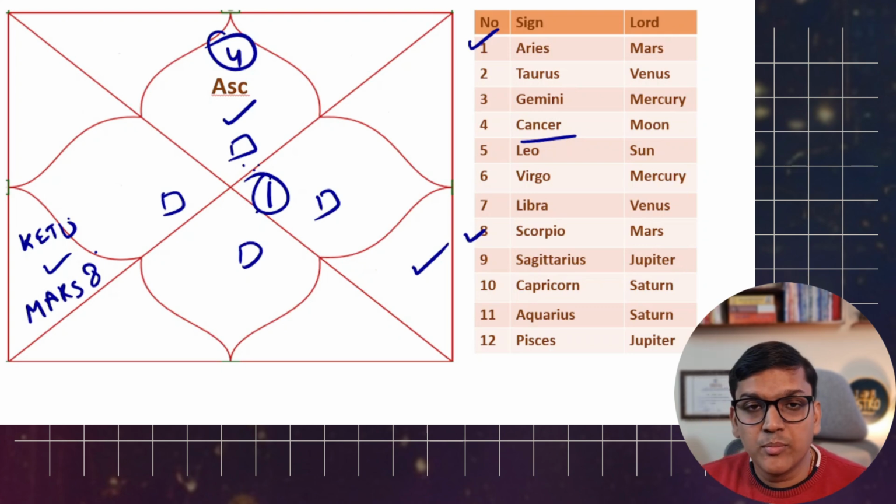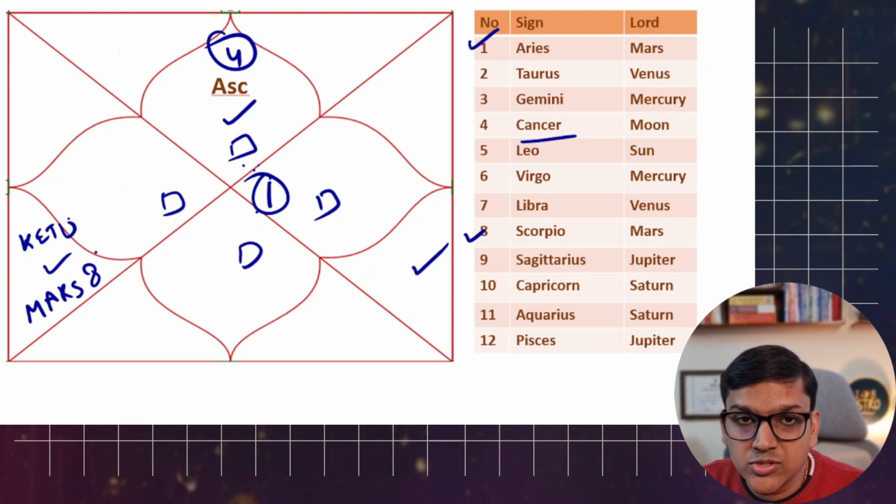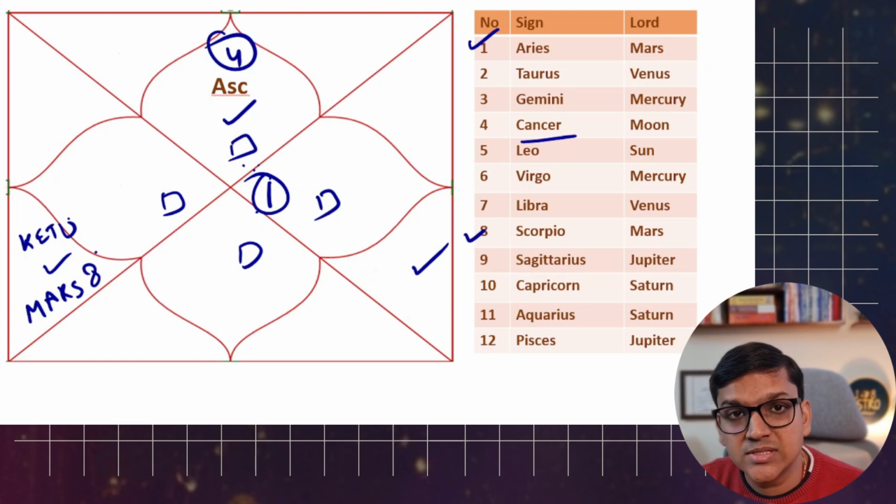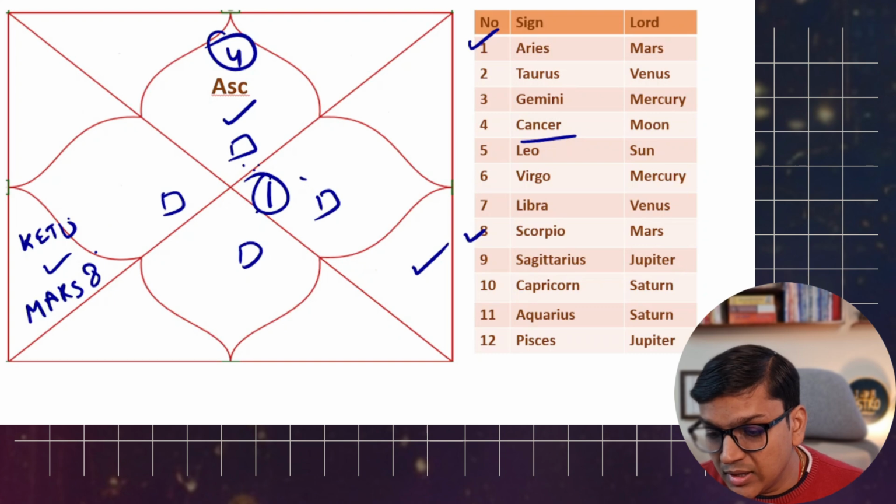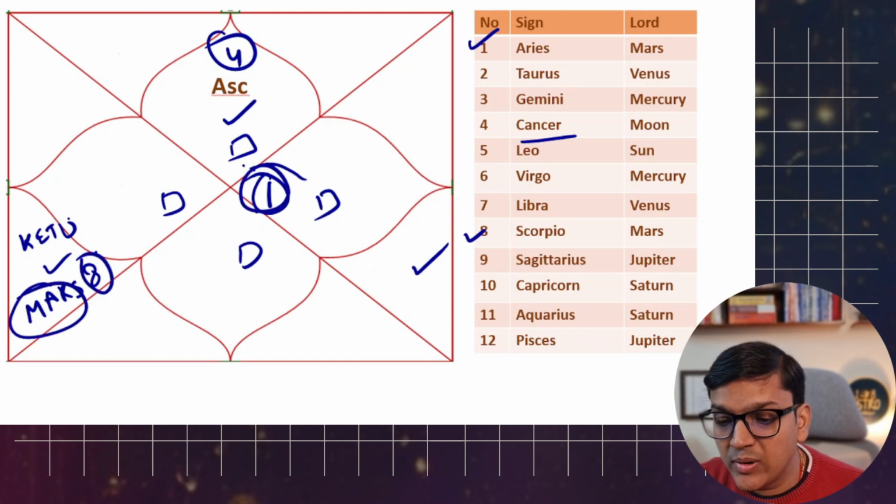Now this is one of the most powerful Rajyog which Ketu can form in its dasha or antardasha. It has the capability to give you best ever results because here it has completely stitched the Kendra and the Trikona with only one planet, and it is conjugating this planet. So that is how. And also this conjugation can happen in any other house as well.